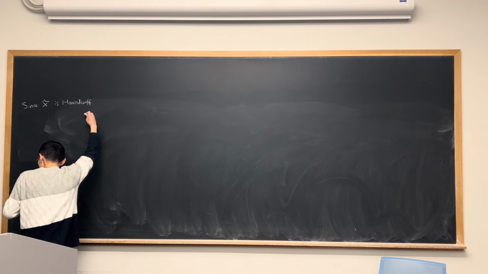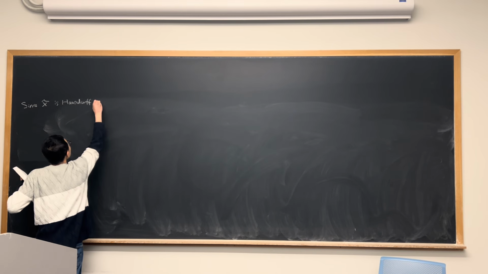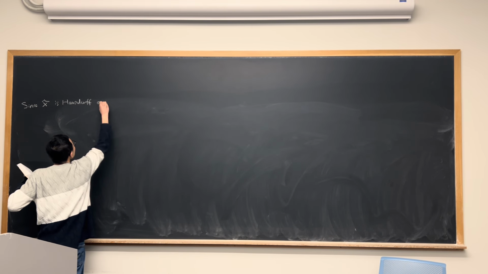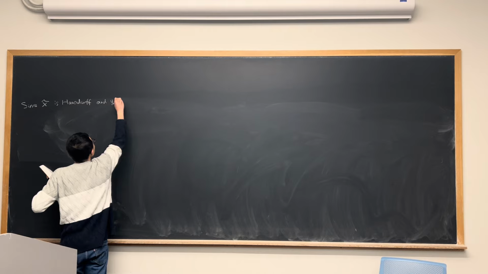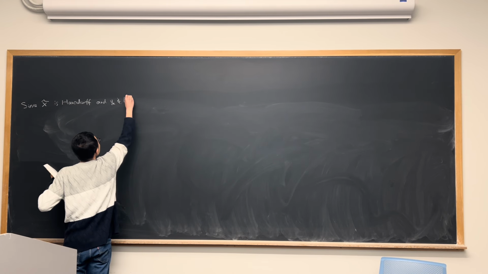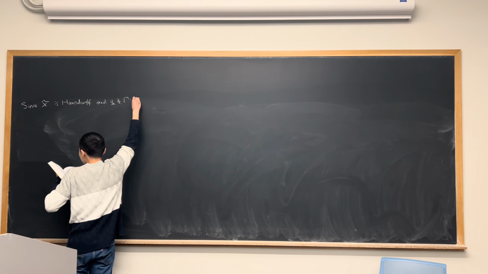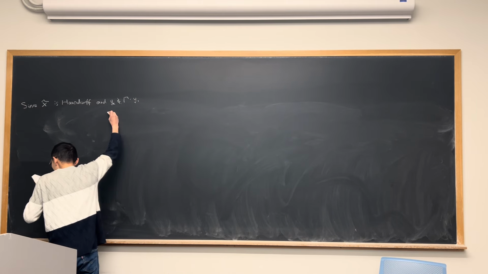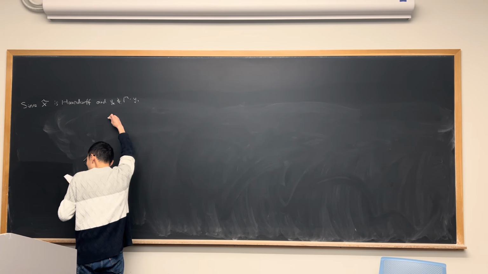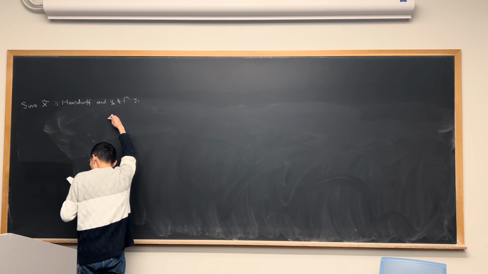And then this y2 is not on the orbit of this y1 under the action of gamma, and then for each